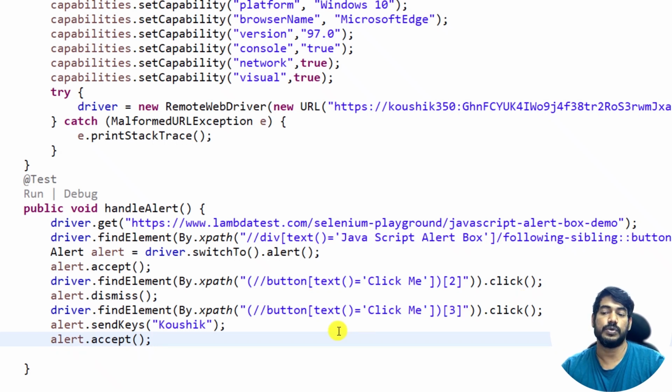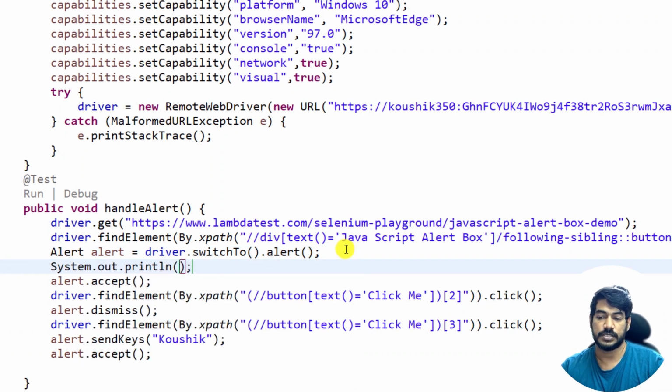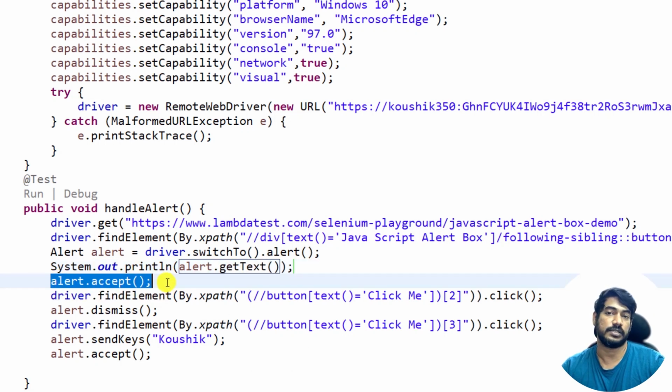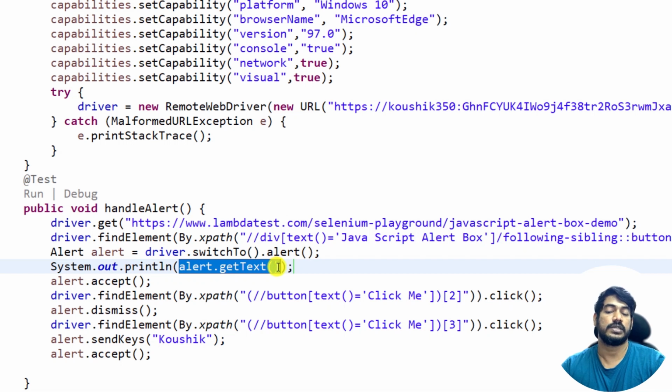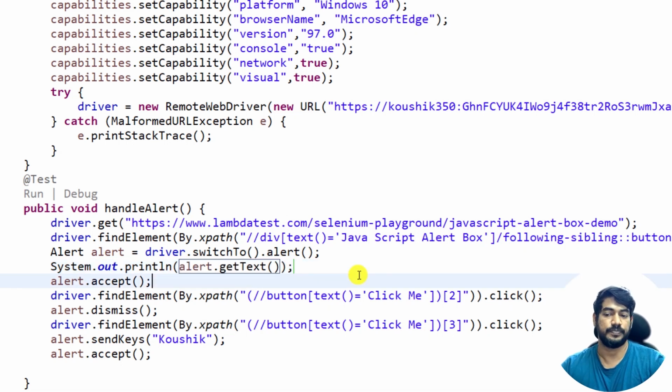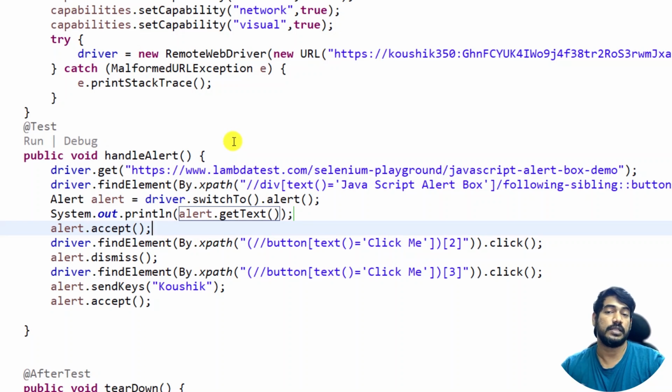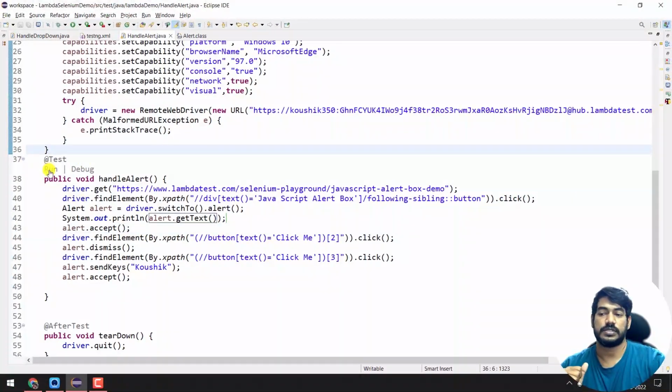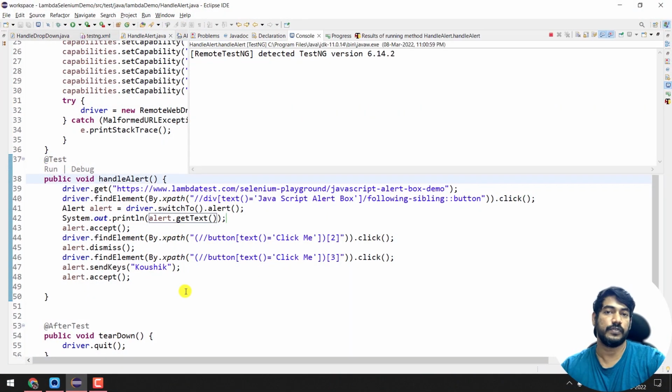And if you want to know what is the text present in the alert, then we can use the get text function. So I'm going to say sysout, then followed by alert dot get text. Okay, and always remember we have to use the get text before handling the alert. Once we accept or dismiss, of course there won't be any alert, right? After that, if you say alert dot get text, eventually we will end up with an exception. Okay, so I'm going to execute this now, and then I will show you what are the exception we can expect from the alert. Okay, so I'm going to click on this run button now directly from the test script,